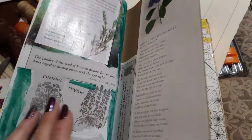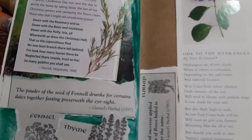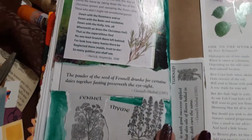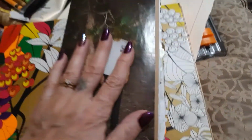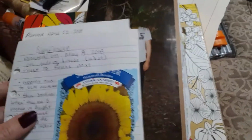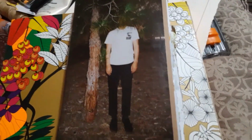And then in the back here, I have more of those old gardening belief things that are just cool, just little things. I don't know. So, yeah, that's what I've got so far. And all of these memory things here that I didn't want to throw away, I'm just going to hang on to them for a little while, because